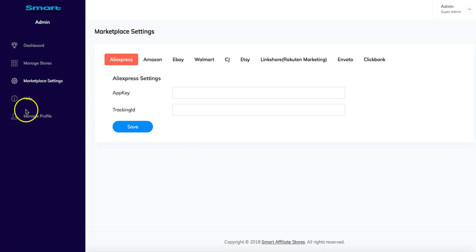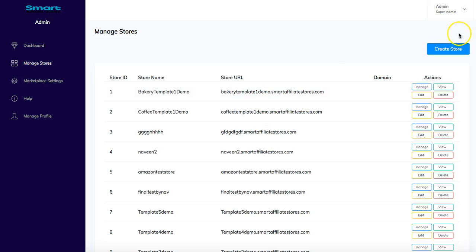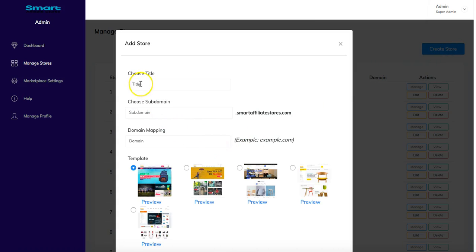Now I spoke about these two already, so let's move on to manage stores. Okay, now this is a place where all your new stores that you create will be showcased. Okay, so let me start with creating a store. Once you click on creating a store, you will have this option. So let me say give a demo title. Let's say demo